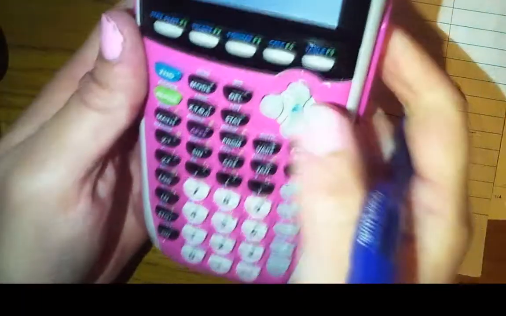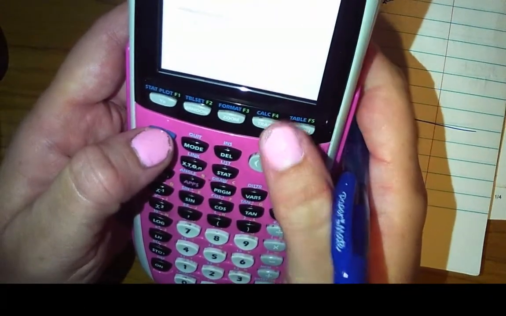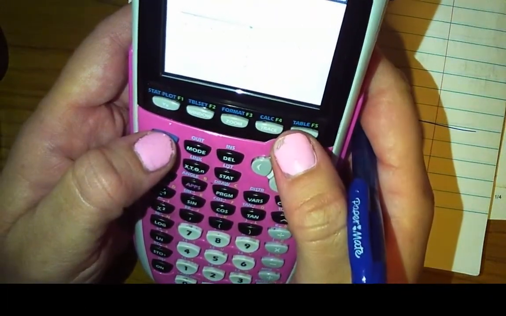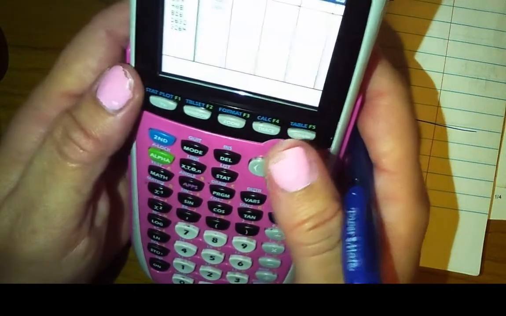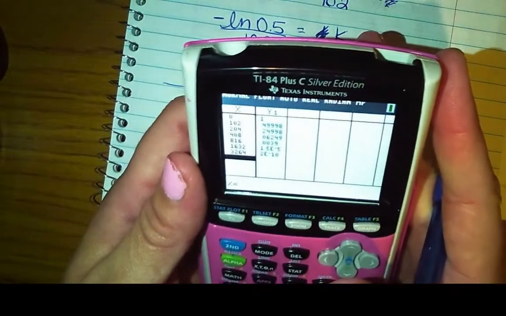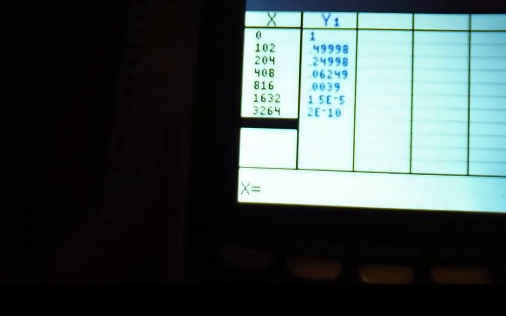So I've already filled this out on my calculator. All right, if I go to the table, what you should see, because I filled it in, is what I did: I said it's 0 years, then I said 102,